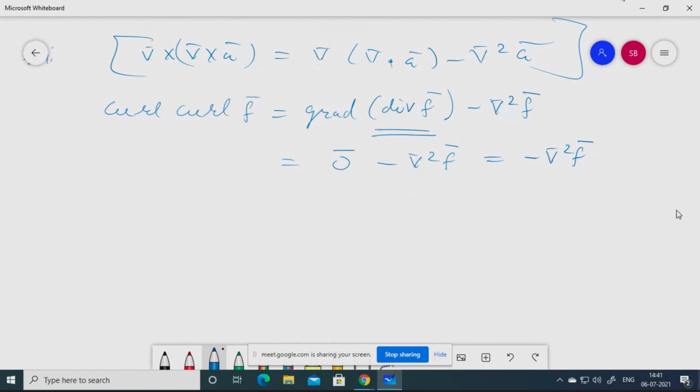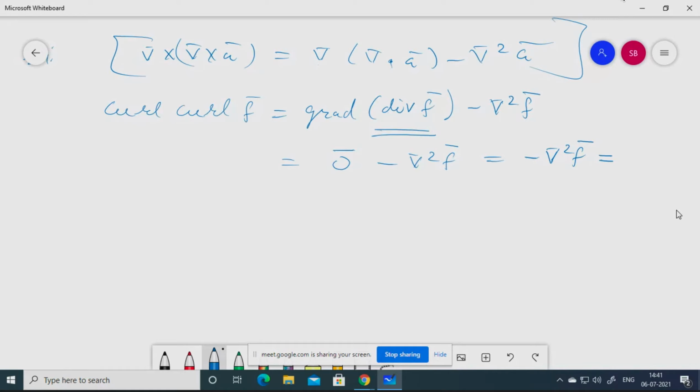Yes, ma'am. Okay. So now again, this will be a vector or a scalar? Tell me this result, del square f bar. Will it be a vector or a scalar? Vector. Vector only you will get, because no dot product, no cross, nothing. Only del square. That means this del square means what?